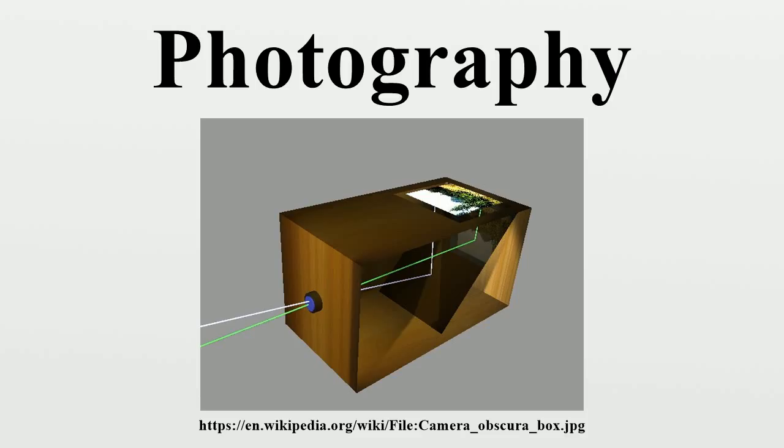Photography is the result of combining several technical discoveries. Long before the first photographs were made, Chinese philosopher Mo Di and Greek mathematicians Aristotle and Euclid described a pinhole camera in the 5th and 4th centuries BCE. In the 6th century CE, Byzantine mathematician Anthemius of Tralles used a type of camera obscura in his experiments. Ibn al-Haytham studied the camera obscura and pinhole camera.